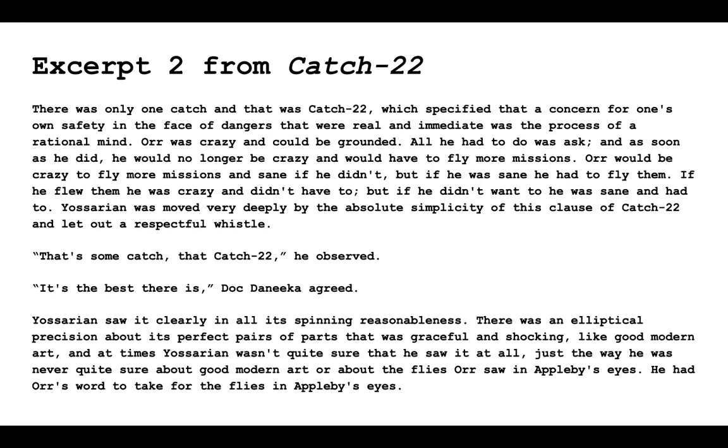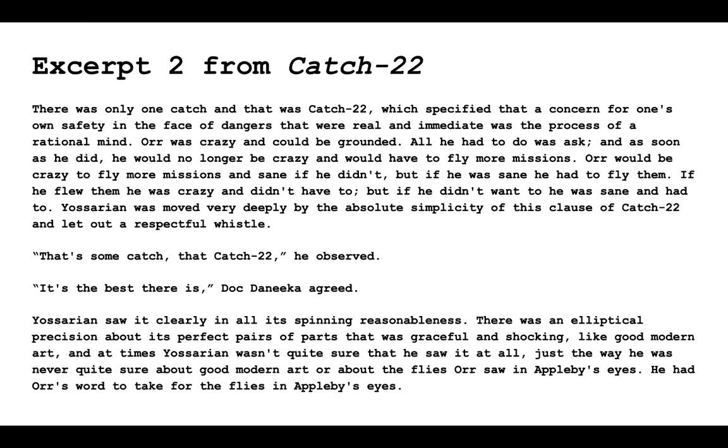Okay. This is a strange excerpt, but there's definitely irony in it. The whole Catch-22 is an ironic situation because it's sort of like a situation that cancels itself out. There's, I would say, definitely an element of the idea that truth is relative. So they both admire Catch-22, but it could also be a very frustrating thing.